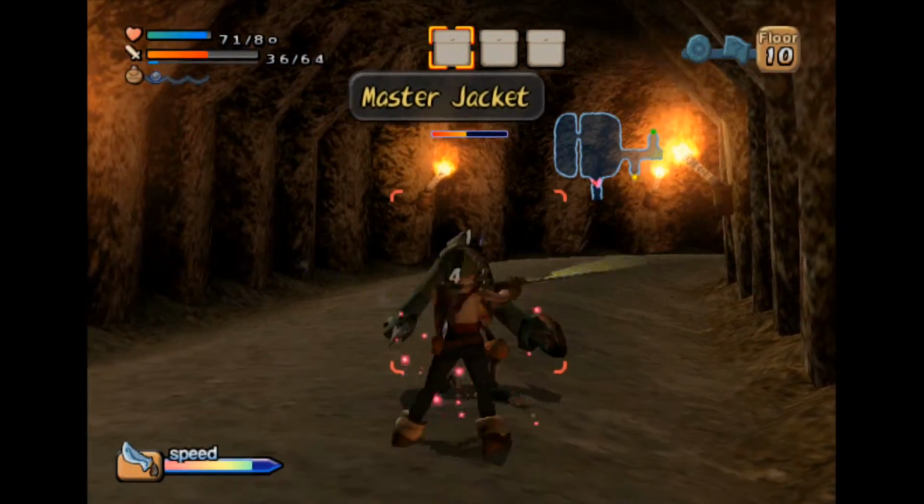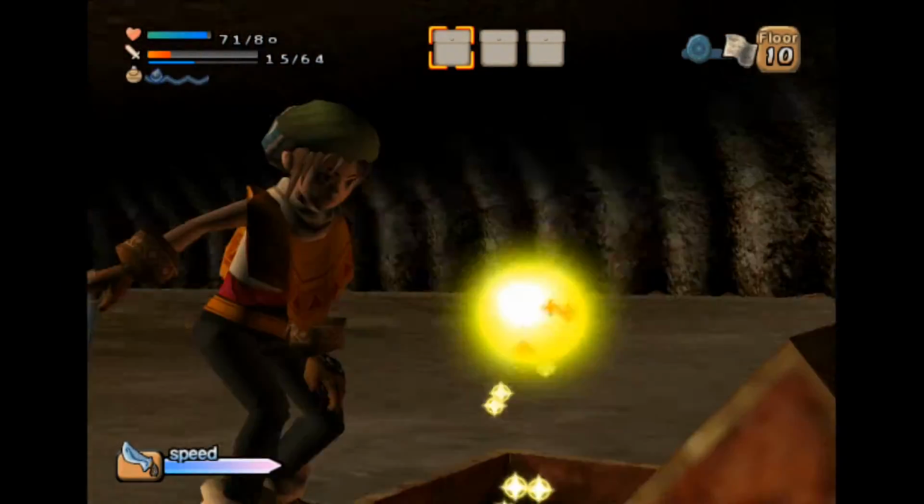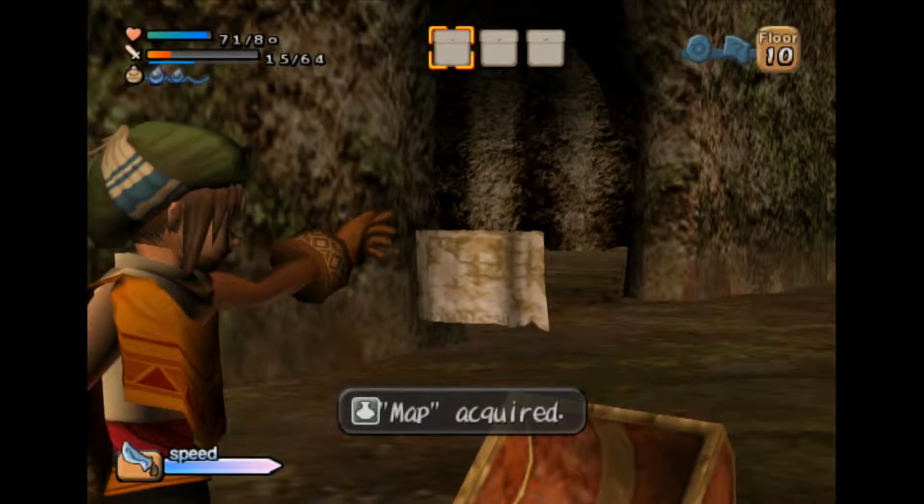Sometimes navigating the dungeons can be troublesome, but luckily there are certain items that can help you make the map clear. Mystical eggs let you see where the Atla, enemies, and chests in the dungeon are, and of course the map lets